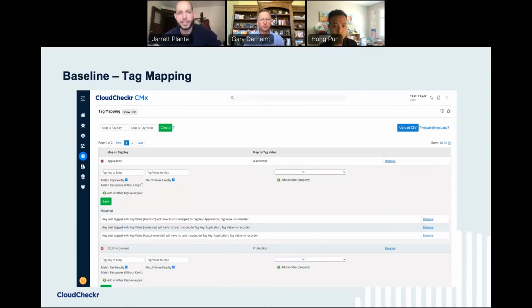Tag mapping is another construct that we're going to talk about several times today. So this is a CloudCheckr-based construct, which is one important thing to understand here. When we're creating tags and talking about creating these tags, these are all going to live within CloudCheckr itself, right? So these aren't necessarily writing back to AWS or anything like that. These are a construct that CloudCheckr is going to use for things like advanced grouping reports, for creating dashboards,